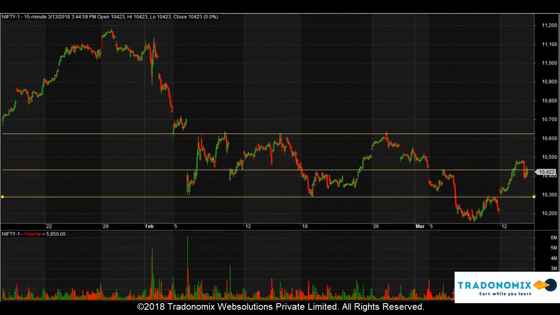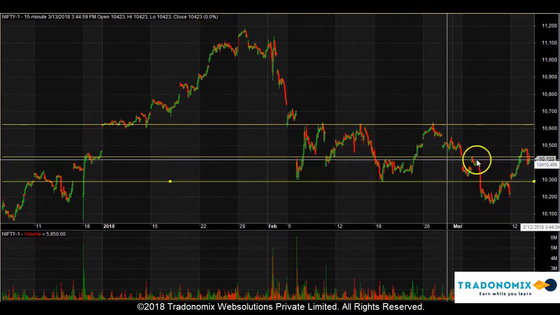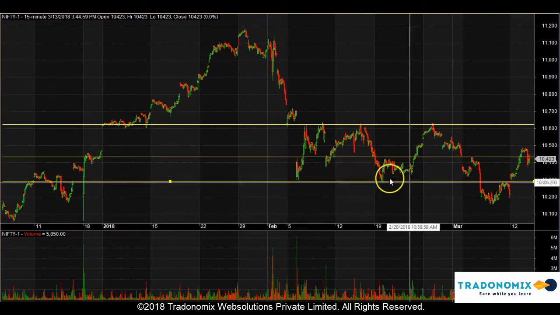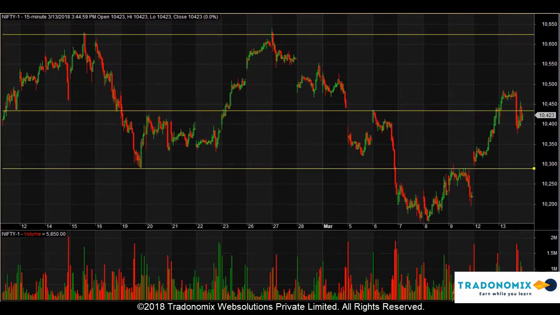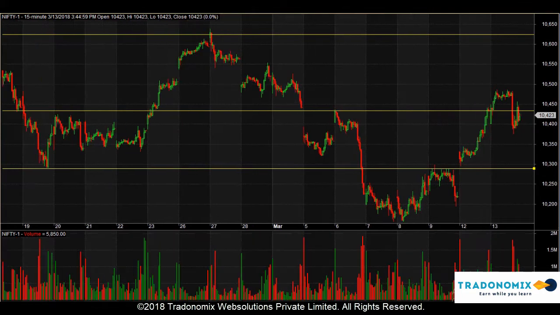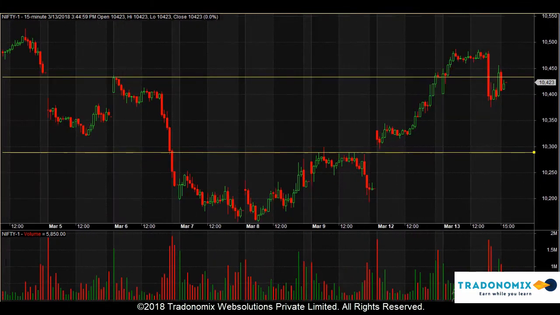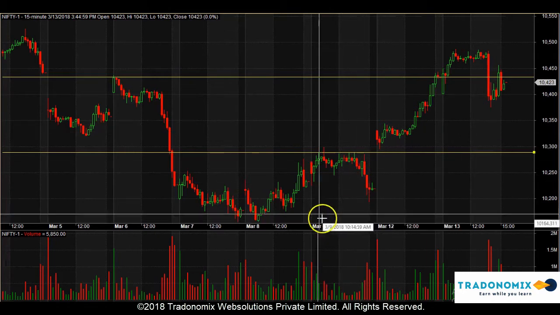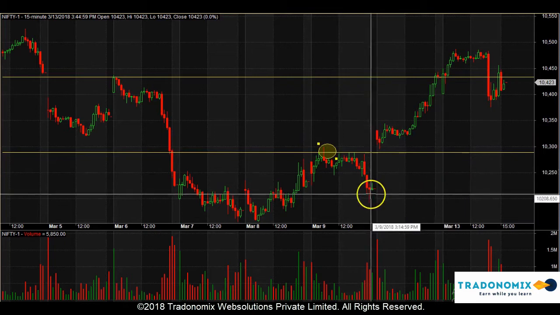We don't need to even use certain numerical values, just the levels would do. So let me now go into the micro chart of the Nifty, or rather enlarge the picture and show you how it looks. So we explained yesterday that at Tradonomix, we follow the intermediate pivot highs and lows